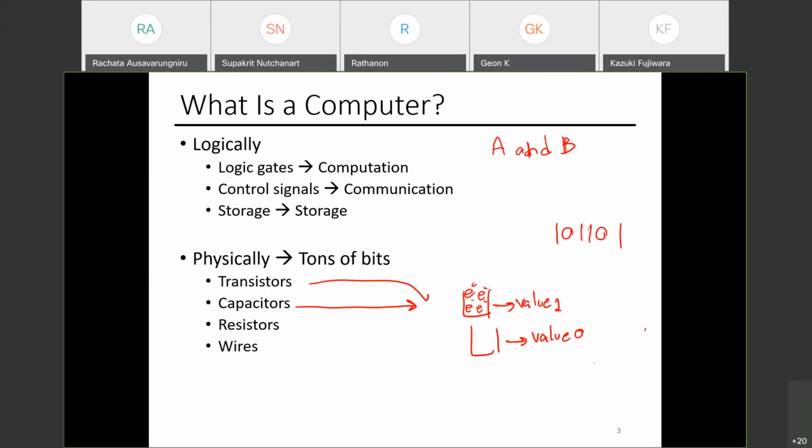A transistor is kind of like the same, but it's a little bit faster. But think of it this way. You can store a one or a zero. These two will tell you what to do to move electrons around, right? These follow the laws of physics.